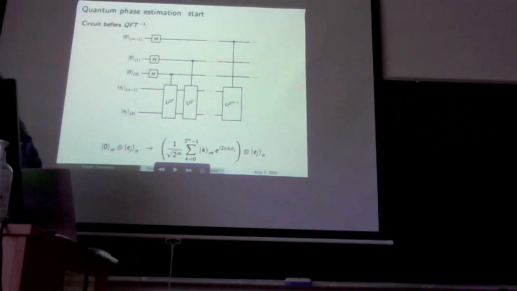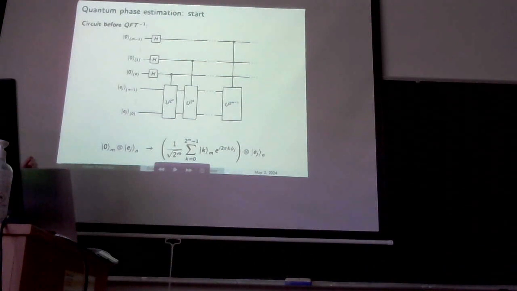So this was the circuit of quantum phase estimation. This is the first half, and here the point is first, in the top register, because there are two registers, to apply a Hadamard to each qubit to transform it into uniform superposition, and then we apply powers of the unitary, powers of 2, U^1, U^2, U^4, each one controlled by each of the qubits of the top register. Why do we do this?